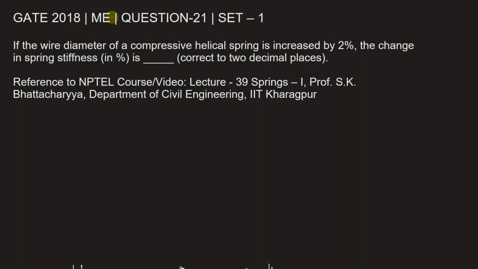So let's fill in the answer here. The change in spring stiffness in percentage is 8.2%. To learn more about springs and stiffness of springs, you can refer to the NPTEL video Lecture 39 Springs 1